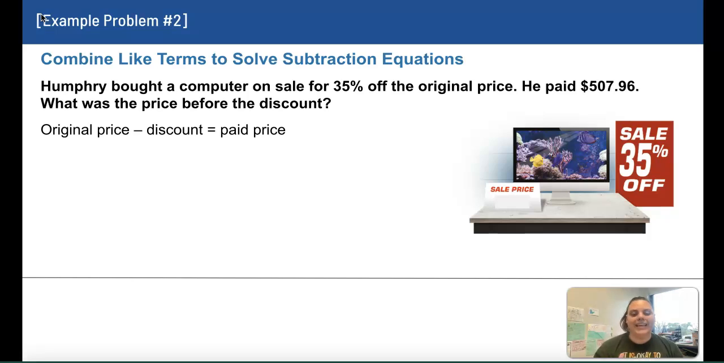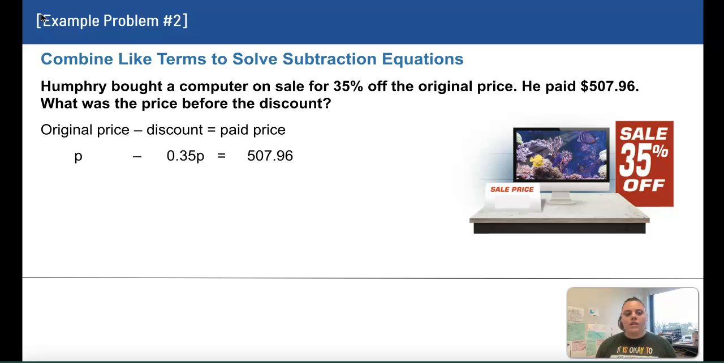So to get how much we paid and a discount on that, we take the original price, we subtract the discount, and then that gives us the price that we paid, the amount that we owe. So in this case, the original price, we can represent it as P because we don't know it. The discount, 35% off, is going to be 0.35 times P because it's 35% of the price. So it's 0.35 times the price. When we subtract that off, we end up getting